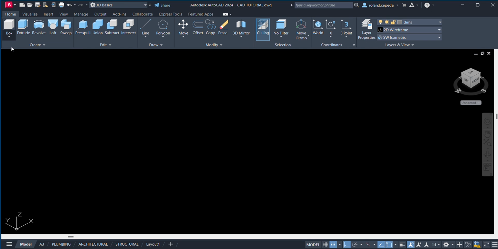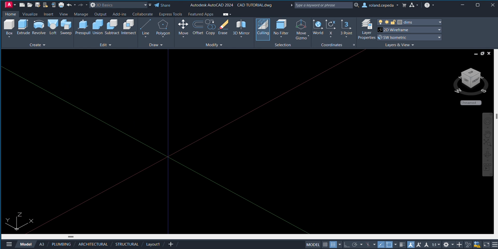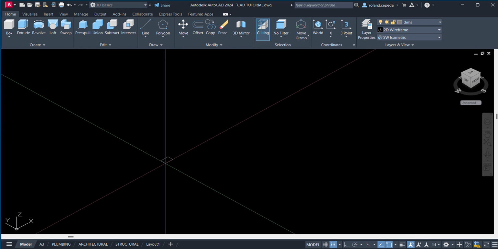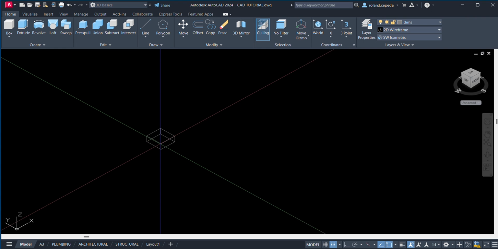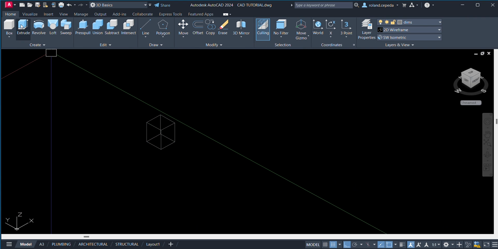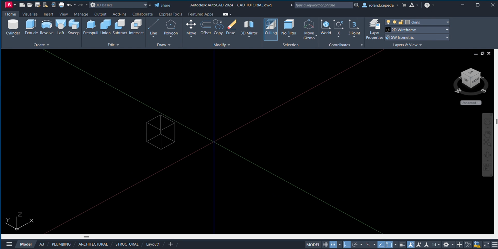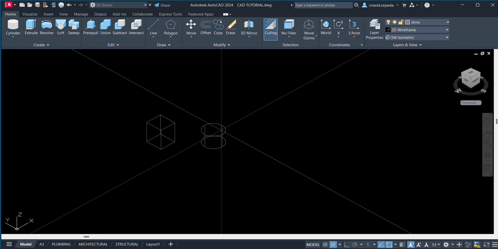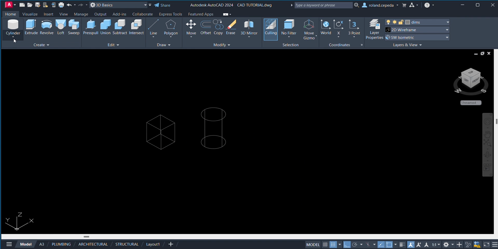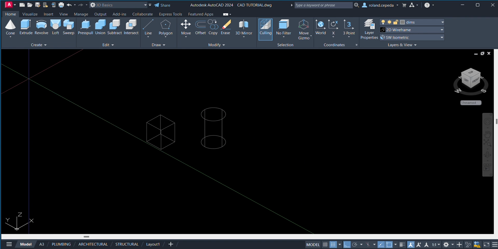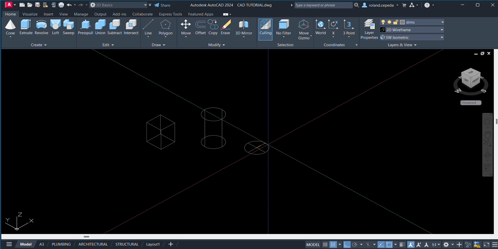So first is the box. Let us create a box. Okay, all you have to do is just click and then create. This one is cylinder. Let's try the cone.